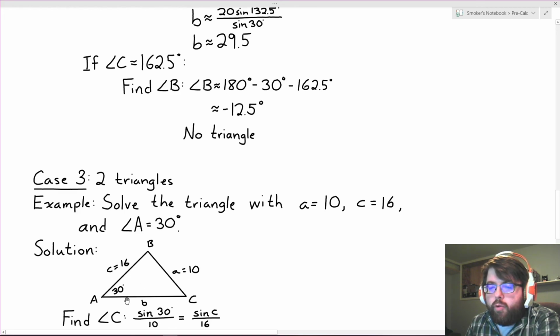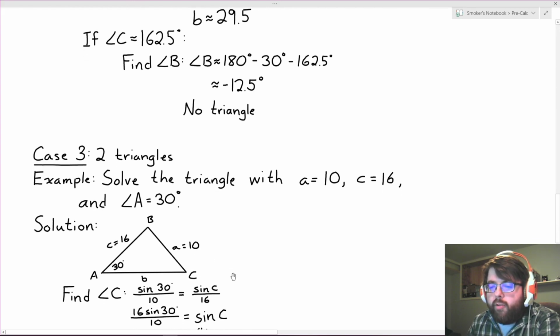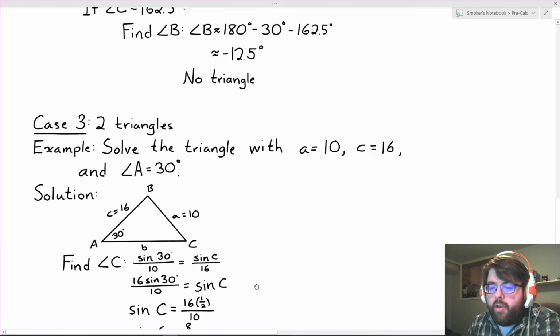But if this was swung over here like I had, that's going to be a much smaller side. The angles are going to be different than here. So again, we set it up. Sine of 30 over 10, that's what's given. Cosine of this angle over 16. We cross multiply. We evaluate